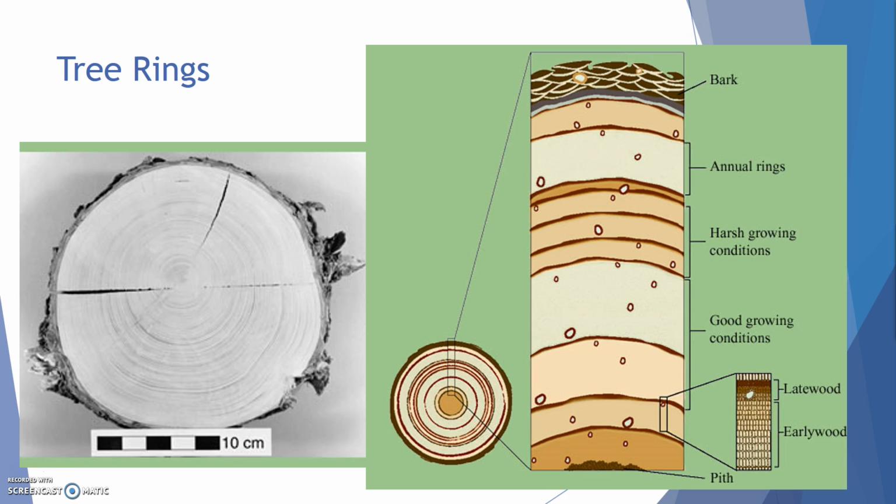But what you might not know is that the spaces between the rings can actually give you a better picture of the environment around the tree at any given point in time. So the left picture is just a cross-section of a tree. You can see the rings there, and it doesn't tell you a whole lot, but if you dig deep and you look at the picture on the right,